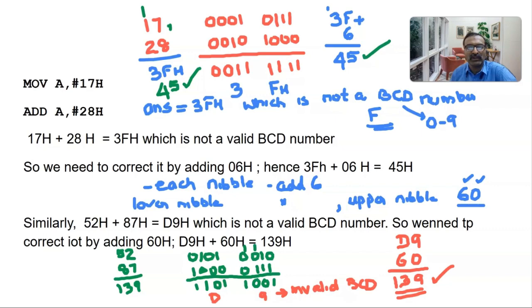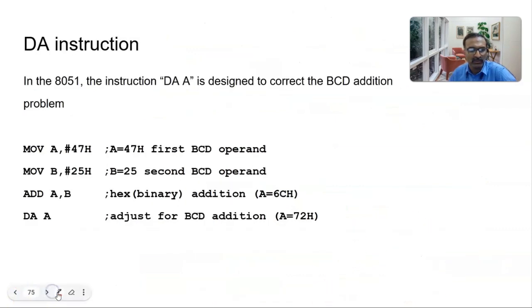In 8051, this correction in BCD number is done automatically by an instruction, and that instruction is the DA instruction. The syntax of DA instruction comes like this. The instruction is DA, and after that A. This is our operand,